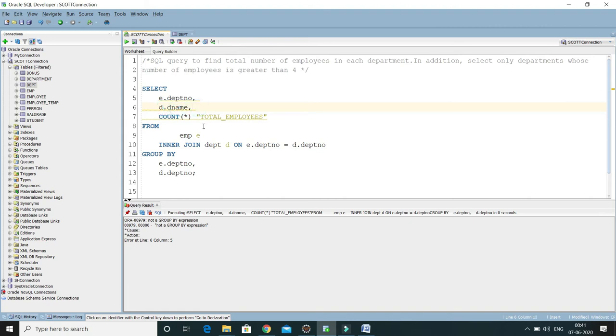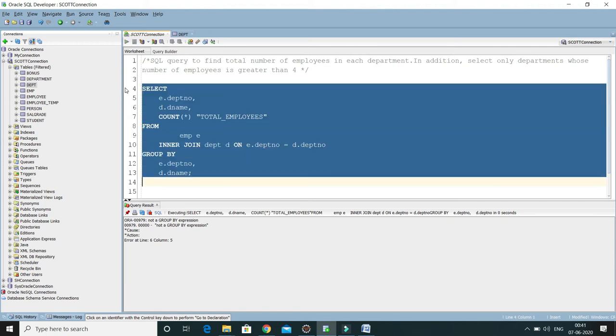I don't know why it is failing. I know why now: here I have to group by on department number and department name.